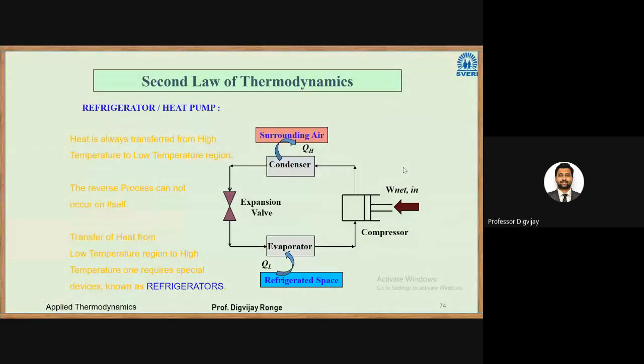So this is a diagram. Diploma people might easily understand this diagram. This is from the subject of refrigeration and air conditioning. This is what we generally call VCC, vapor compression cycle. In your next semester, in that subject, you will study this VCC. So VCC has a condenser, evaporator, compressor, and expansion valve. In this case, heat is being absorbed in the evaporator and it is rejected in the condenser. And the external work input is the compressor work.